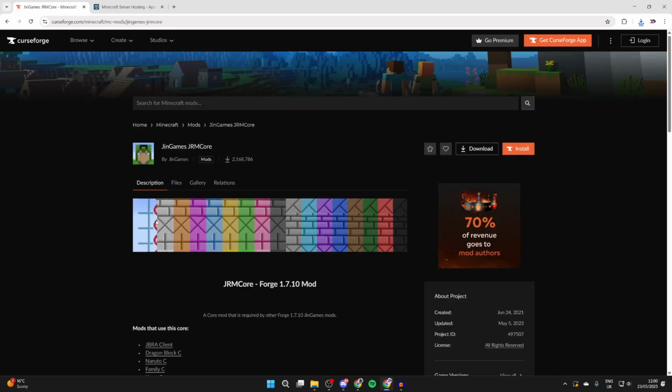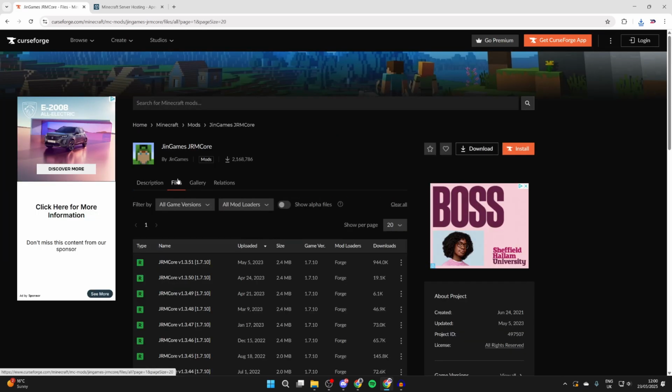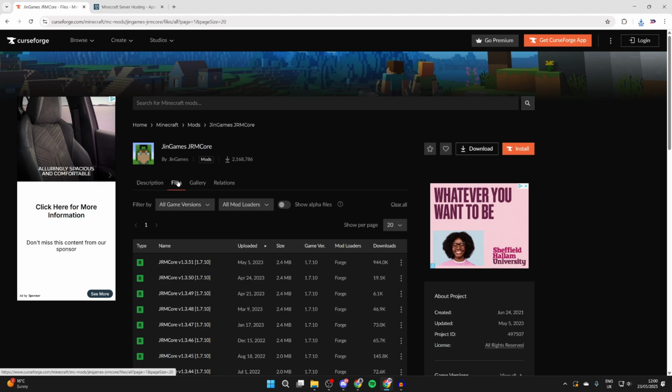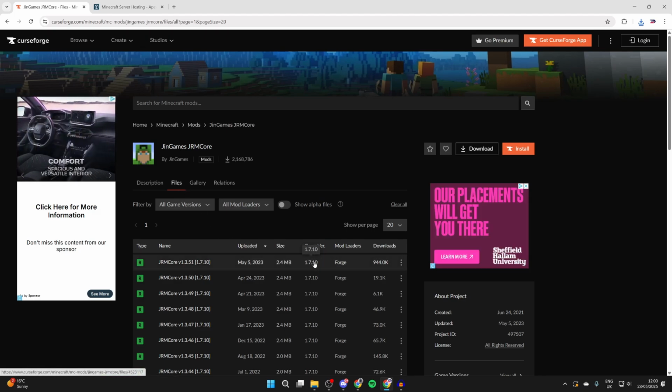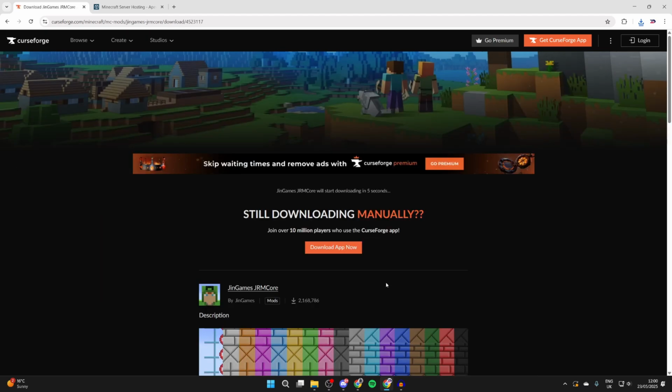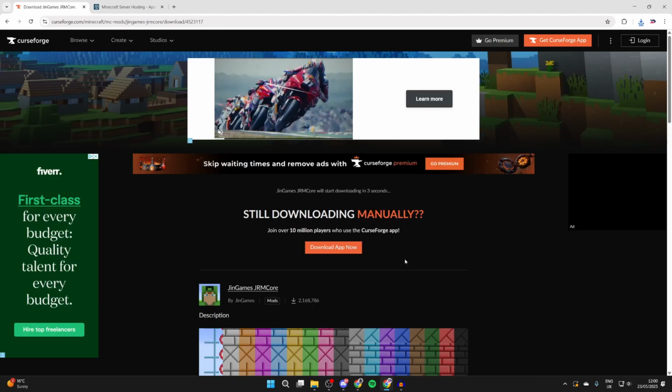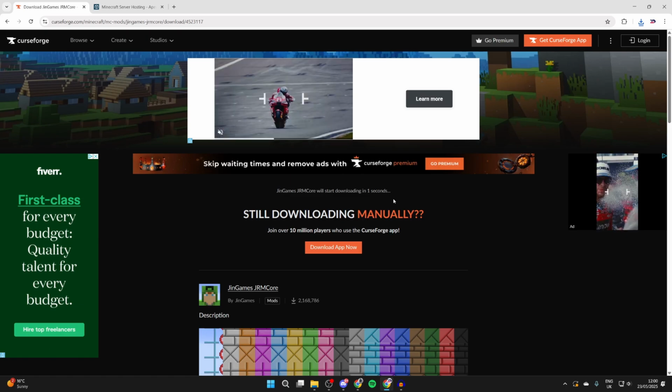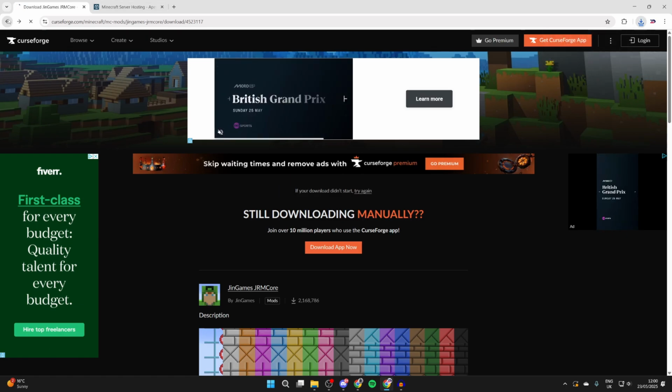First of all, we need GRM core. We can click on it and press files at the top. Make sure you get it for the right version. As you can see, this one here is for 1.7.10. So we can come to the right, press the three dots and press download. Once again, you need to wait for the countdown. After this is finished, which it now has, we can come back and we need to get the